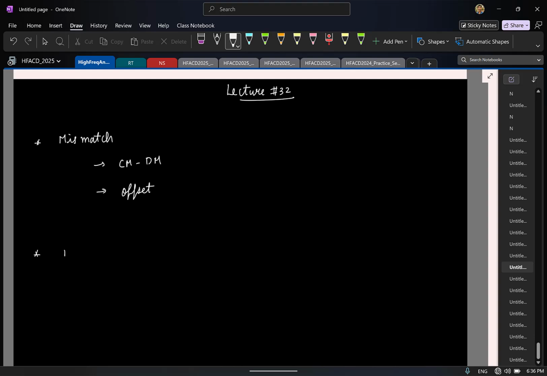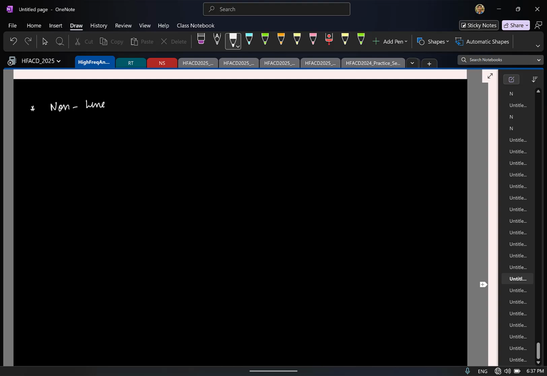The second non-ideality we saw was thermal noise. But unlike mismatch, thermal noise is something fundamental that has been chasing you since you learned thermodynamics. So there is really not a lot you can do to avoid noise. The only thing as a designer you can do is understand what will be the noise that will be present in your system. You should be able to calculate the noise power spectral density and so on. And once you calculate, you can design your circuit so that the noise specification is met. That's the only thing you can do. Okay. Cool. So now we'll look at the third non-ideality, the last non-ideality in our course, and that is essentially